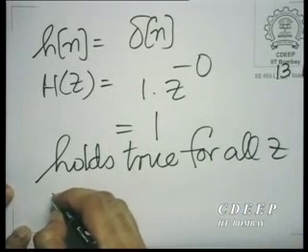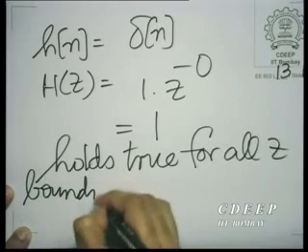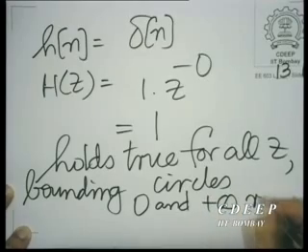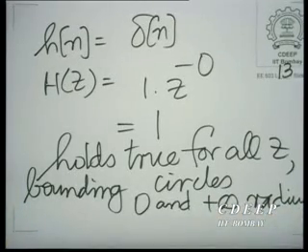And therefore, the bounding circles have 0 and infinite radius. Essentially, the region of convergence lies between the concentric circles of radius 0 and radius plus infinity. The entire Z plane is the region of convergence here. However, in this case, the two boundaries are also a part of the region of convergence. The circle of radius 0 and the circle of radius infinity are parts of the region of convergence. Now, let us take the sequence